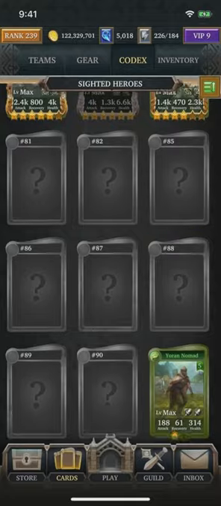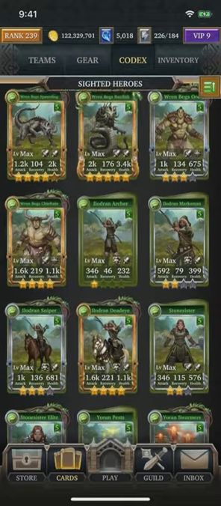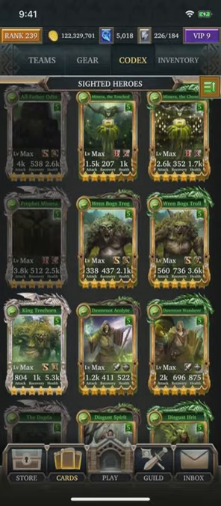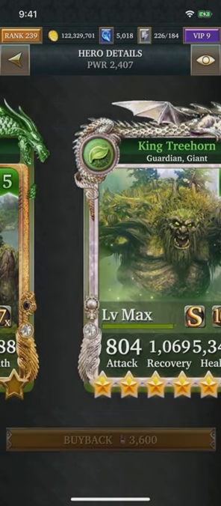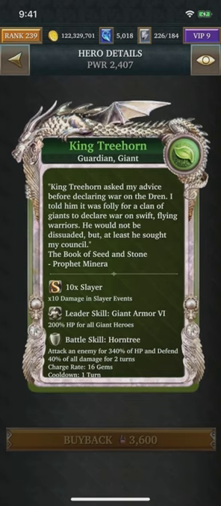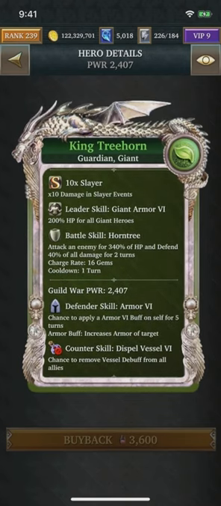The one I wanted to show, I was mentioning, it's an older card, and that's the Ren Box Troll. This one actually evolves to King Treehorn. And so King Treehorn, what it will do is it will actually defend 40% of all damage. And so what that really will do is